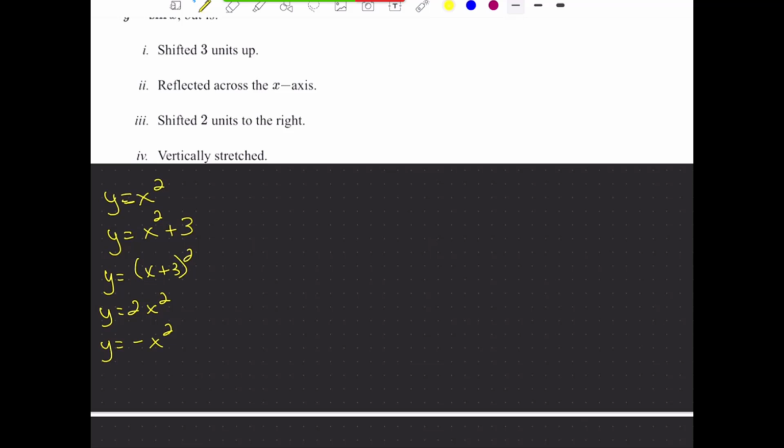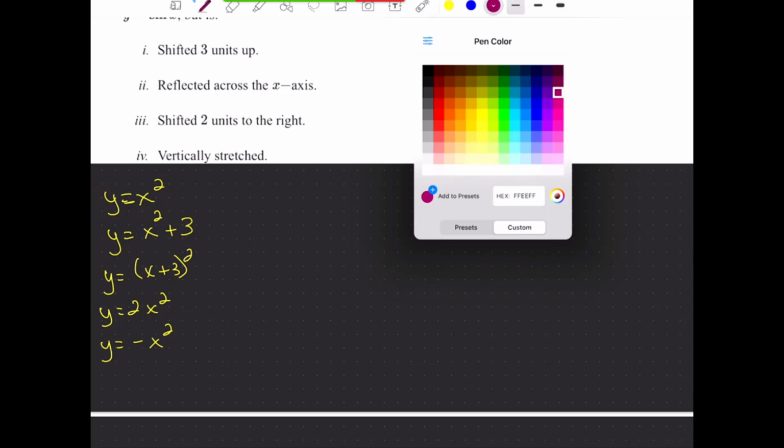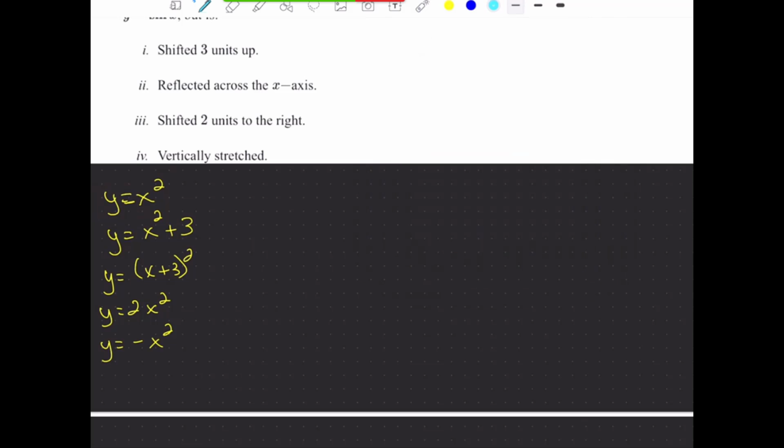And then once we went through and figured out how to move these things around or make a connection between looking at what we're going to refer to as our parent function, and how each one of these affects that parent function differently, we're going to do the same thing with the sine function. So for y equals sine, I'm going to have you guys throw the x in parentheses,